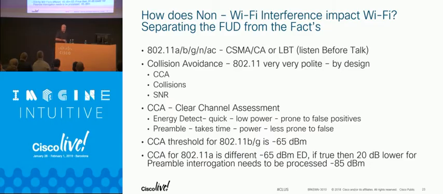The reason it's so insidious is because it'll break your Wi-Fi network in a couple of ways. Wi-Fi, for all of its improvements and all of the noise canceling and all of the ability to punch through noise that we built into the new radios, it's still listen before talk, and if something else is talking, you're not going to talk, and it's going to impact your performance. The other thing that non-Wi-Fi interference will do, particularly in 2.4, which we're going to go back into, is it'll just ruin your signal to noise ratio. You usually see it in 2.4 because there's more devices that operate there.